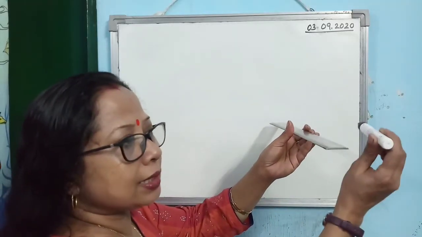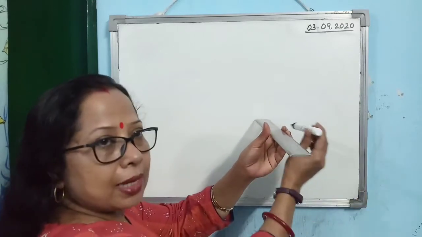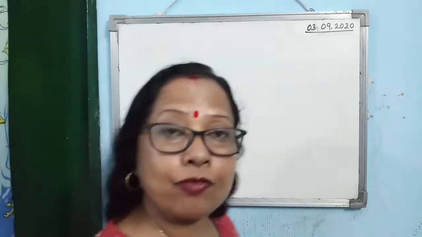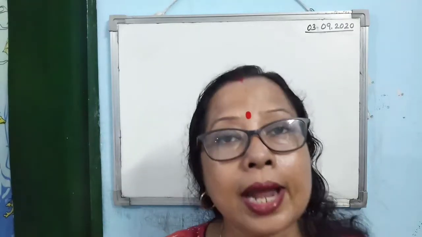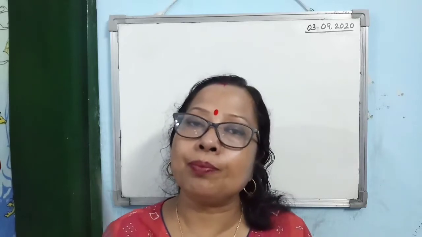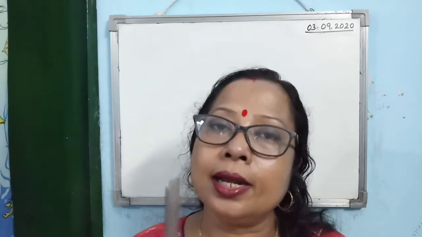But if you consider the conductor moving like this, V and B are parallel to each other, then it is not at all cutting any flux line. In that case, motional EMF will not develop. Alright, so this is the very important concept regarding the motional EMF. Motional EMF will develop only when the conductor cuts some magnetic field lines. But if it is not cutting any magnetic field lines, then no motional EMF will develop.